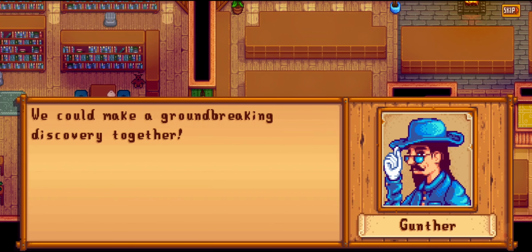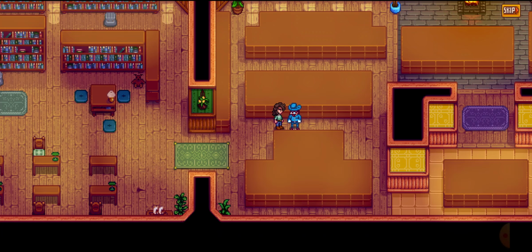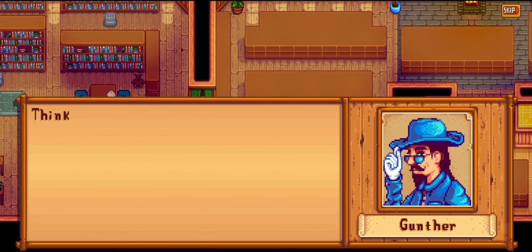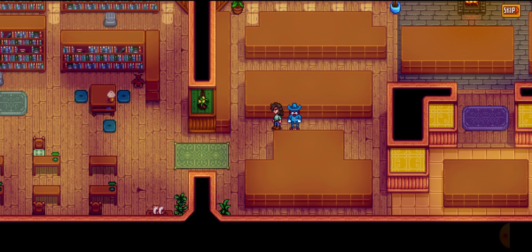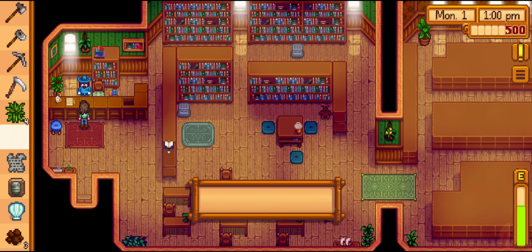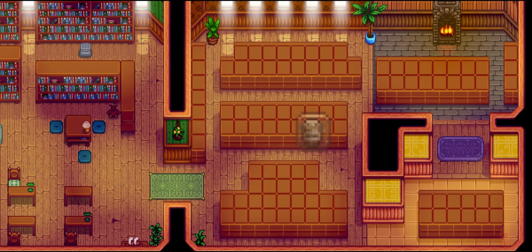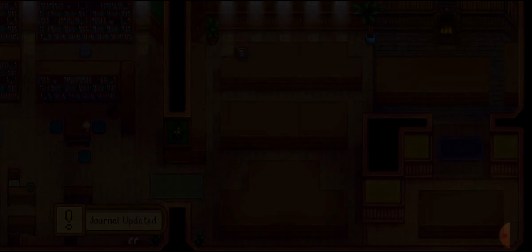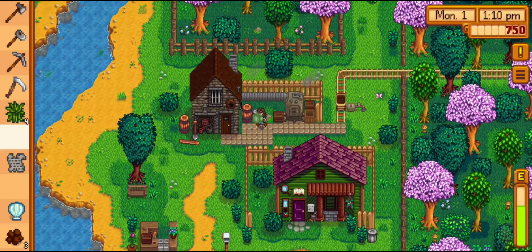Gunther, and we could make a groundbreaking discovery, and Gunther can also send us useful items in the mail if we donate and contribute to the museum. Just bring the items to the front desk, he says very cunningly. I know he's a very cunning person. He doesn't give you very useful items. A lot of it is decorations and trash, but we are going to just place wherever we can for the artifacts, and the 250 gold